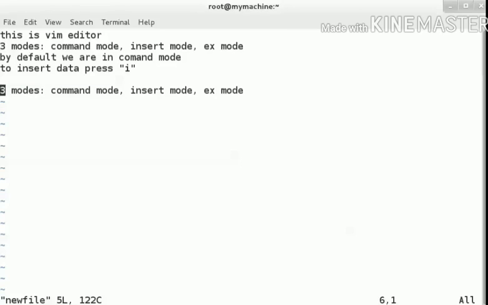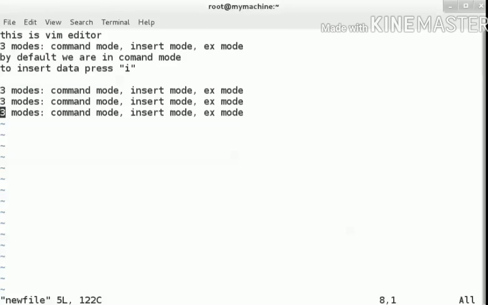Now, this data is still in the buffer. You can keep on pressing P and it will keep on pasting the data. So this is how we copy the text. Now, for example, if you want to copy multiple lines, for example, I want to copy these 4 lines